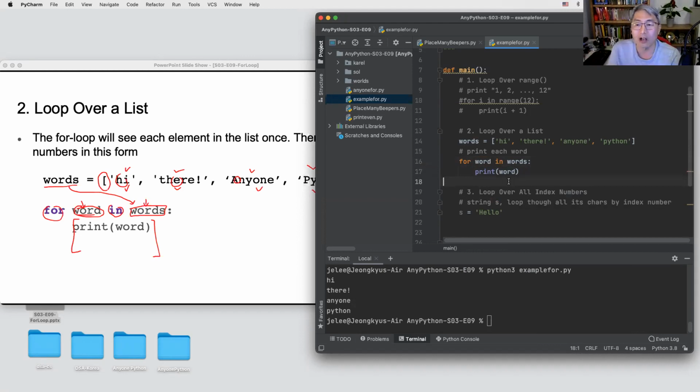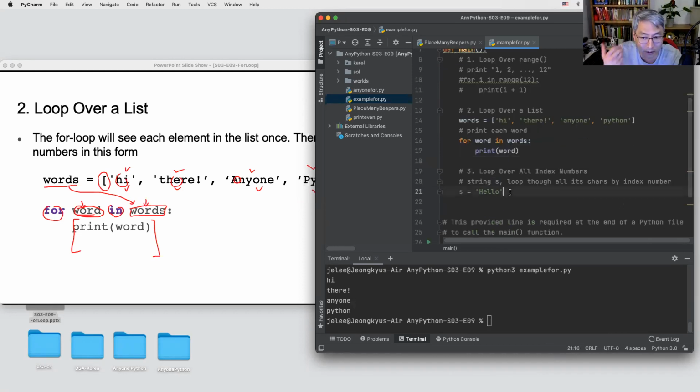Okay. So if you are using the list as a plural name like products, then many times we can use the singular as the controlling variable. That makes sense, right? So then we can easily understand the code. Okay, then the third problem. We are going to solve the problem together.